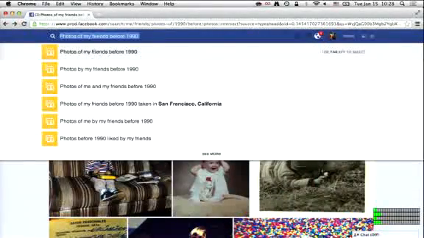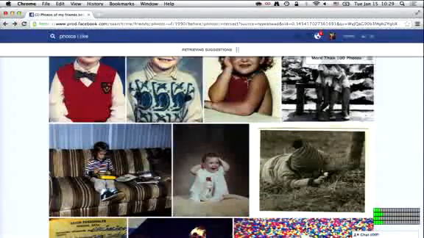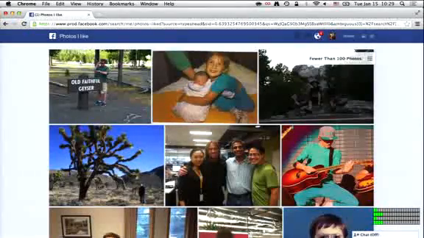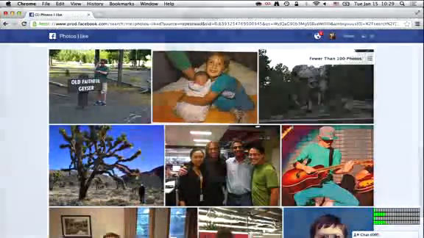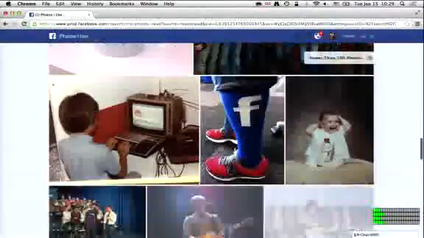Moving on. When you get to try this out a little later, the first thing I recommend that you do is photos I like. It's a super simple query for Graph Search. I've used Facebook for years, and every day I probably like one, two, three more photos, but I've never been able to see all of the photos I like in one place. And this is how easy it is. And you can see these photos are just great.